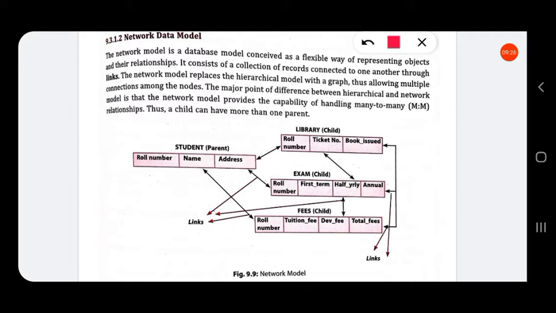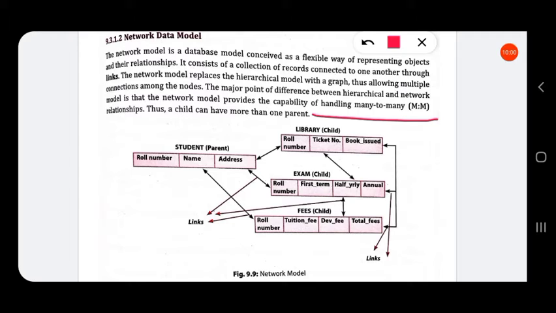Many to many relationship means from a parent there are many arrows pointing to children, and a single child is also pointing to its parent, then to another parent, and then to another. So there is a many to many relationship, but in hierarchy there is a one to many relationship.